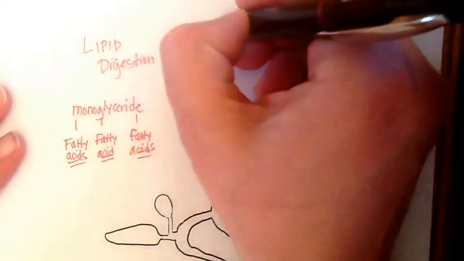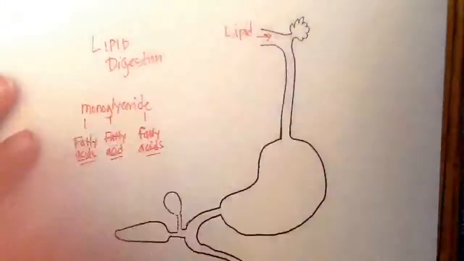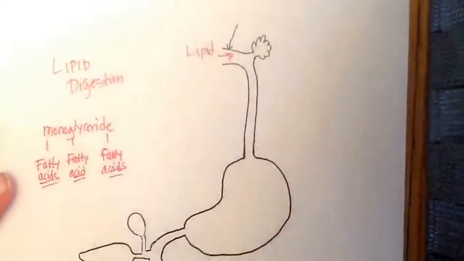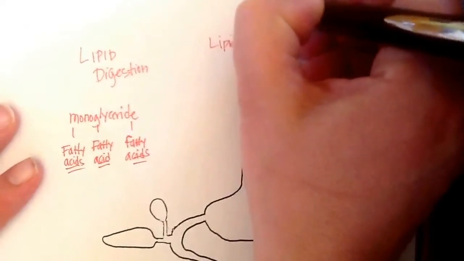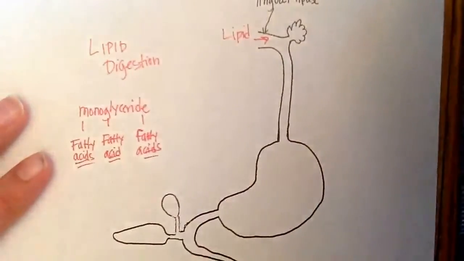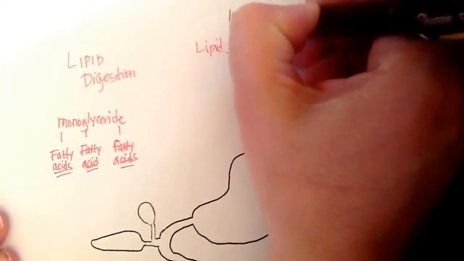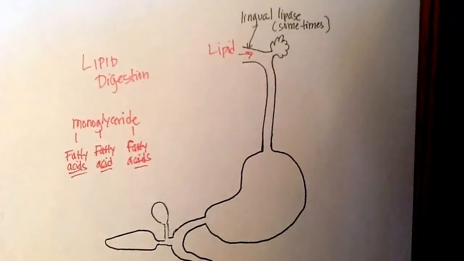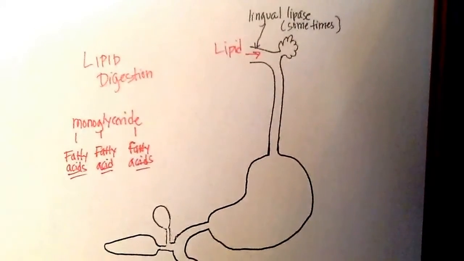So the lipid enters the mouth, and some of us produce a little bit of something called lingual lipase, which may begin to break down the lipids. It's not overly effective, and not everybody makes that particular enzyme, but it is there. So it's produced in the oral cavity. It's going to start the breakdown of lipids in the